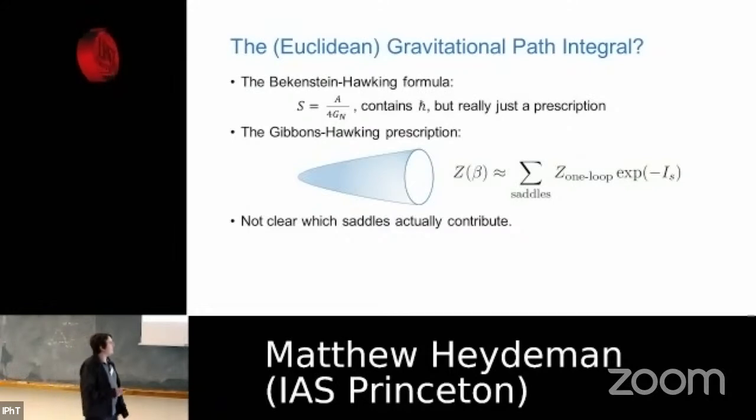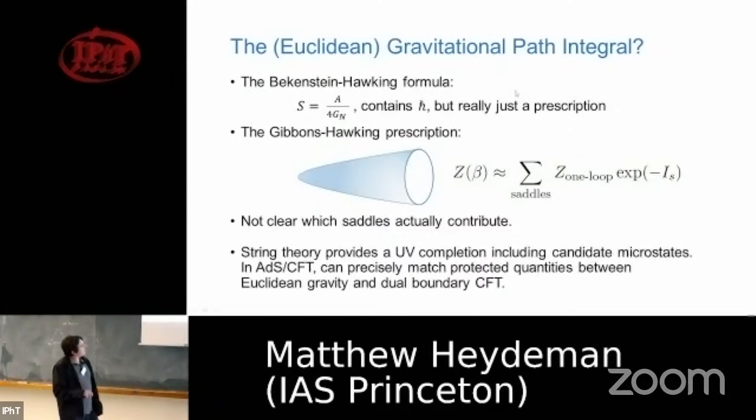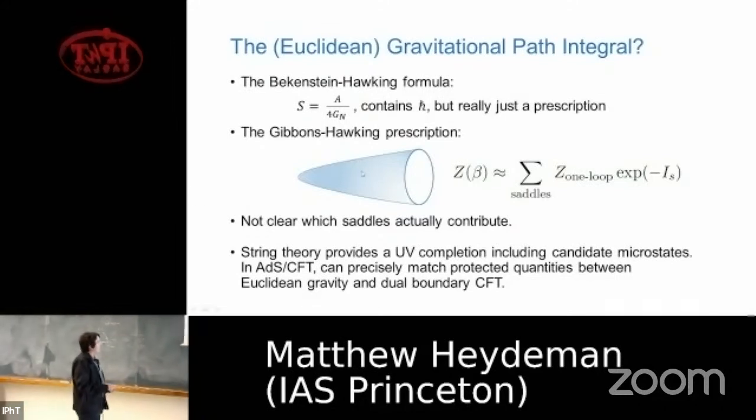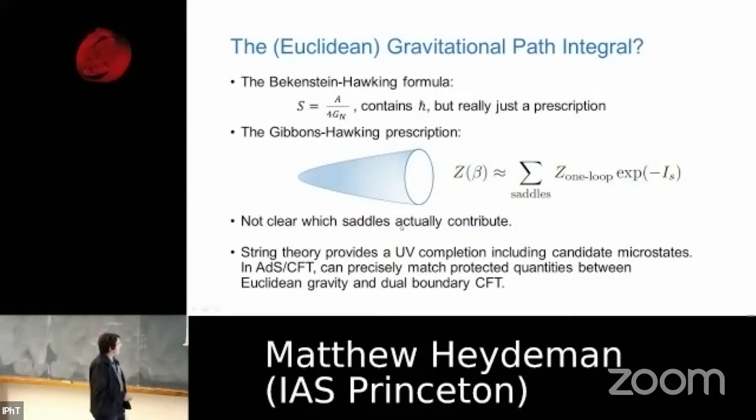However, what I'm going to say is that maybe when Gibbons and Hawking were first thinking about this, it was a good idea that seemed to get some of the right answers. But we've come a long way since then. And we know now that string theory and AdS/CFT provide an actual UV completion